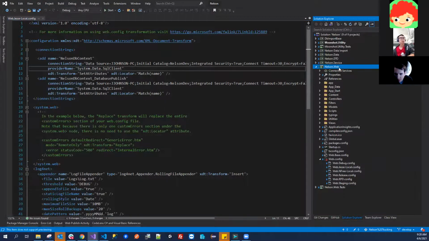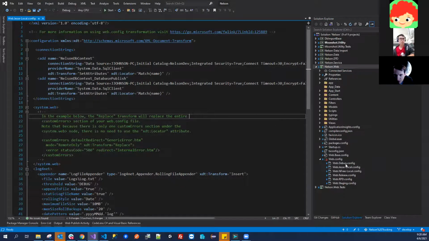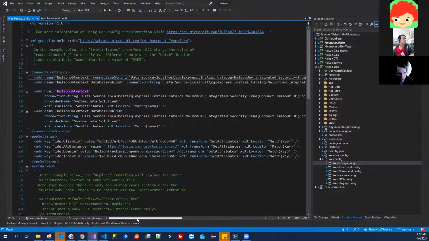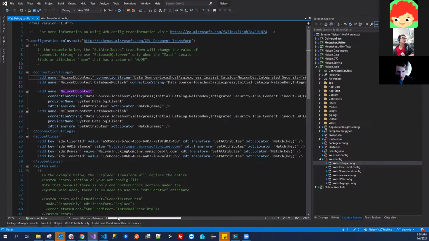The web config debug, yeah. Looks like just SQL Express. But if you need to change that to make it work, you do that, or you could create your own web config. That's what some of us did.